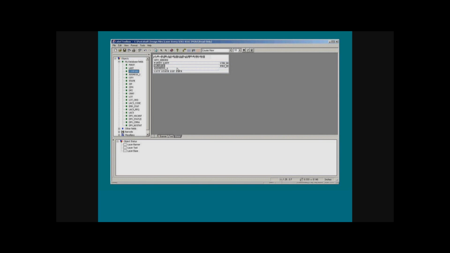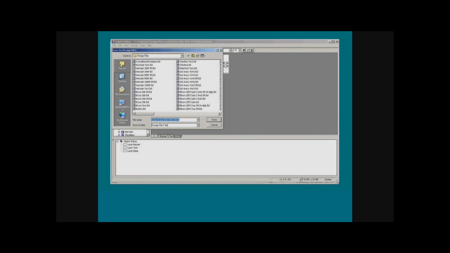So that's all you have to do to move fields around to edit a label. You'll see that these are read-only labels that are predefined. So if you want a label that you've edited to be saved in here, you just have to make sure to say Save As. And it may be that you want to save these with a different name, or that you want to just put something in front of it so that you